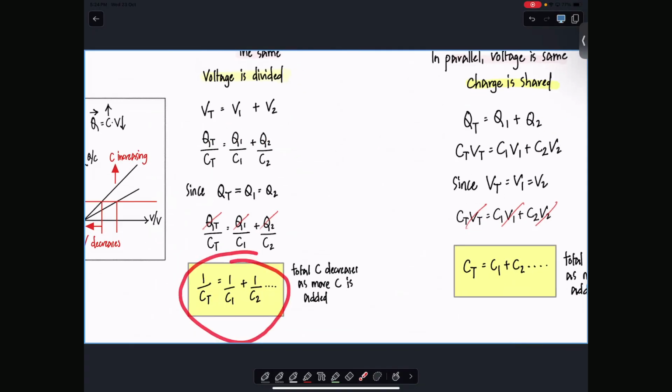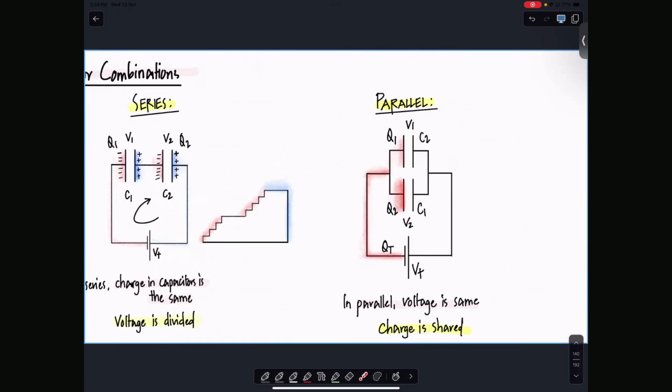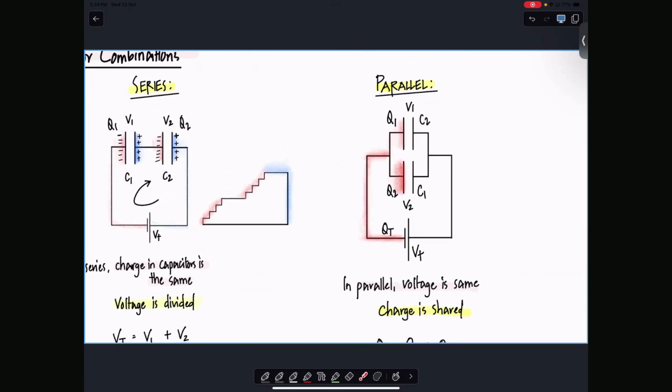So therefore, what do I have? This one here. And in a parallel circuit, just like with resistors in parallel, what is the same for both the capacitors? Voltage, right? But what gets divided here? Charge. How does the charge get divided? Based on intuition, tell me. Will more charge go to the place that's a bigger capacitor, or less charge go to the place that's a bigger capacitor? So I have a pipe bringing in water, and it goes to two separate pipes. There's a small container, there's a big container. Where will you have more water?